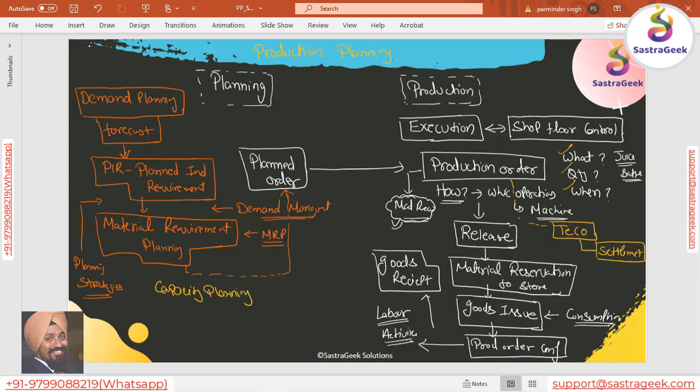In an advanced session, we'll go through your predictive MRP planning, your long-term planning. In an advanced session, we'll also go through demand-driven MRP.